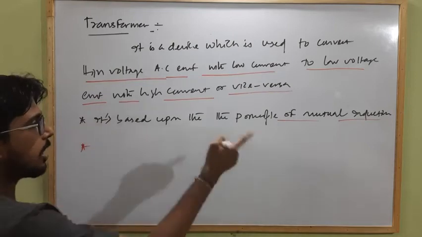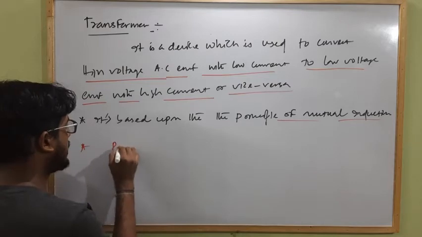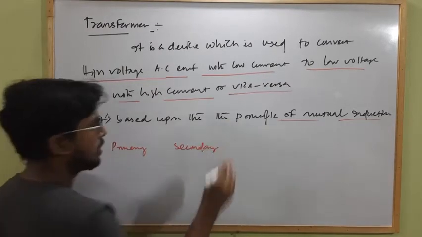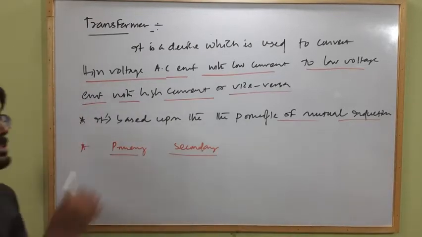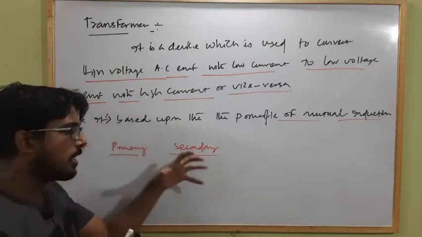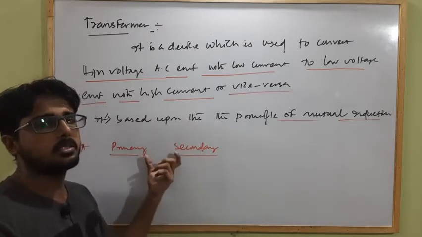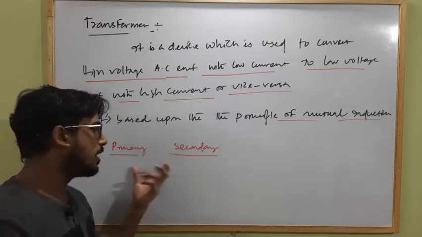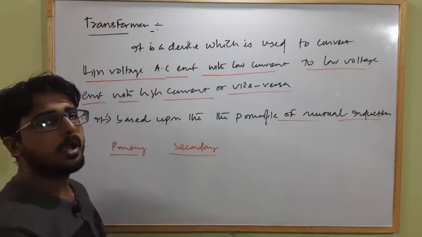So in construction, as it is based upon the principle of mutual induction, there are two coils, one is primary and another is secondary. The primary coil and secondary coil are wounded very close to each other, so there will be no loss in flux. There will be no loss of magnetic flux linked with these two coils. They are wounded over a soft iron core,